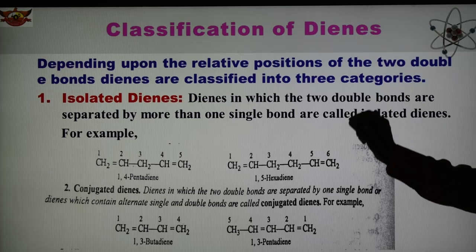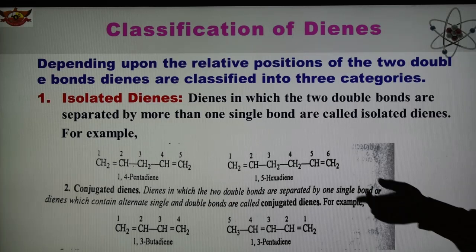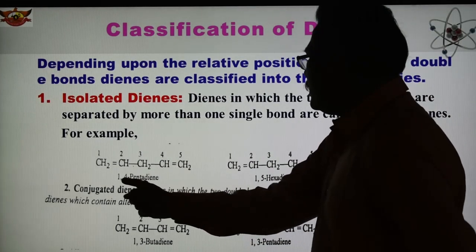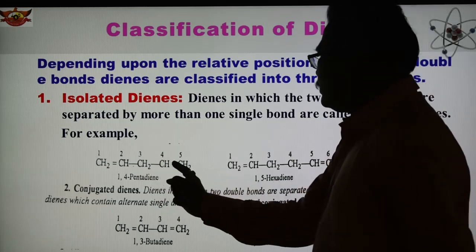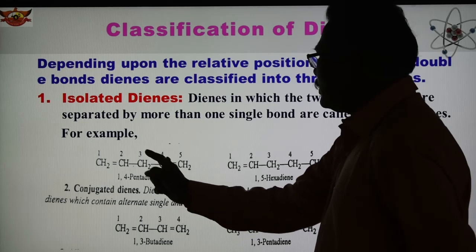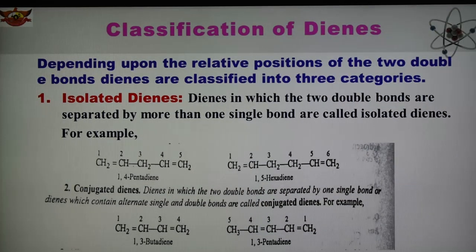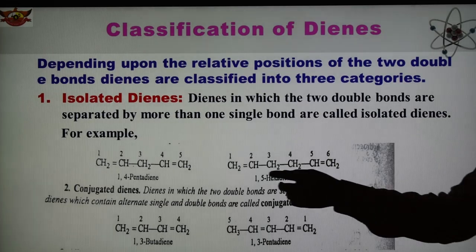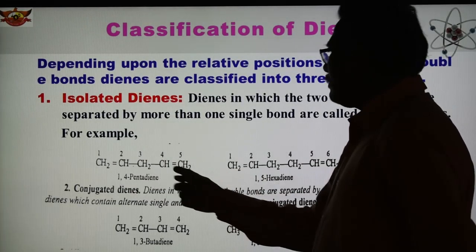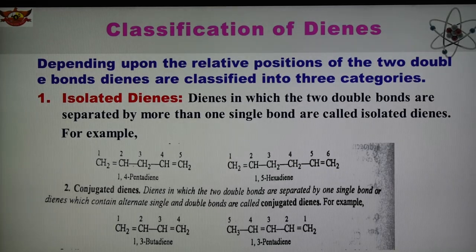So see, these are dienes in which the double bonds are separated by more than one single bond. देखो इसमें ये जो कंपाउंड दिया है 1,4 पेंटाडाइन, तो ये जो है डबल बॉन्ड, एक यहाँ पे एक यहाँ पर है, तो यहाँ पे एक सिंगल बॉन्ड है, ये दो सिंगल बॉन्ड, एक से ज़्यादा, more than one single bond. तो यहाँ पे देखो दो सिंगल बॉन्ड्स हैं, उसके बाद में डबल बॉन्ड है. तो first type of dienes are known as isolated dienes.